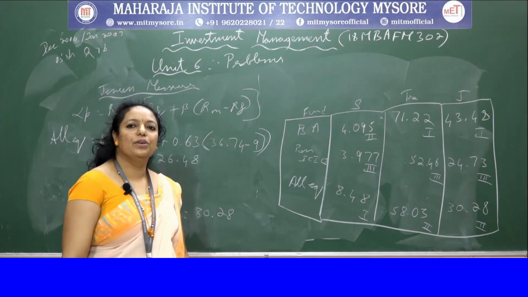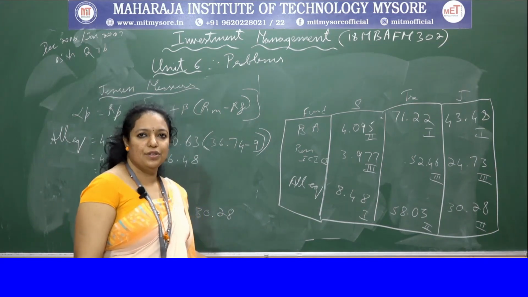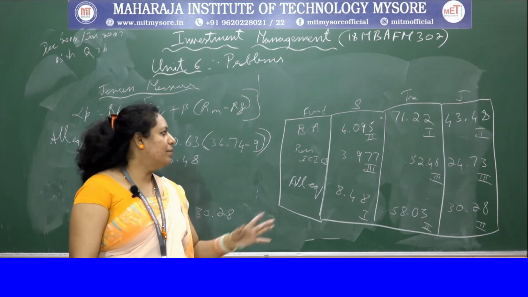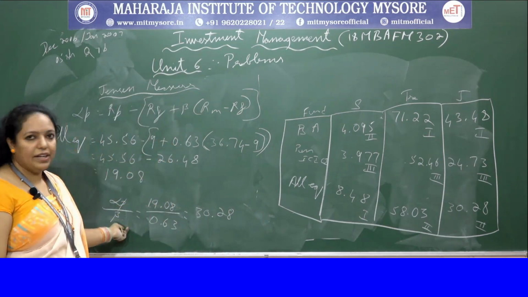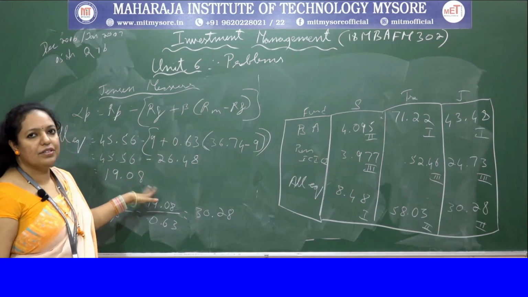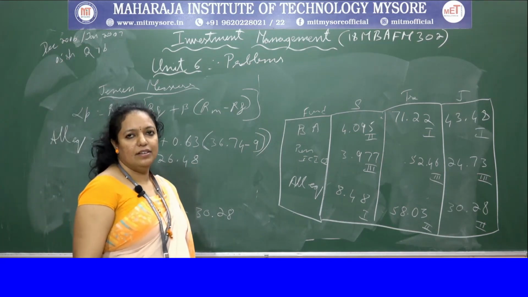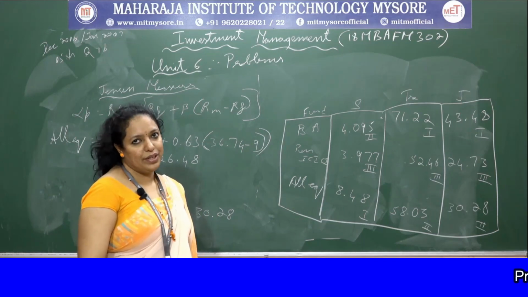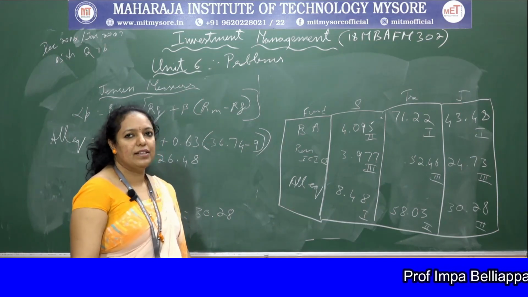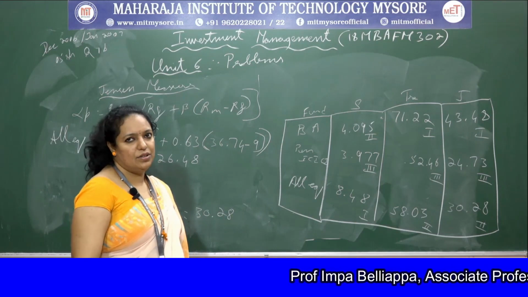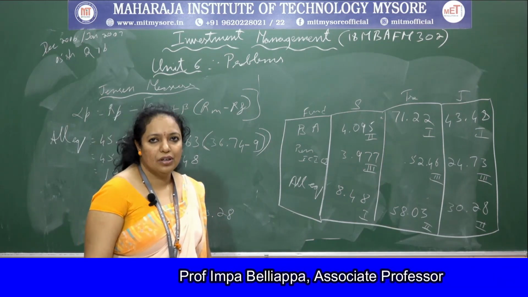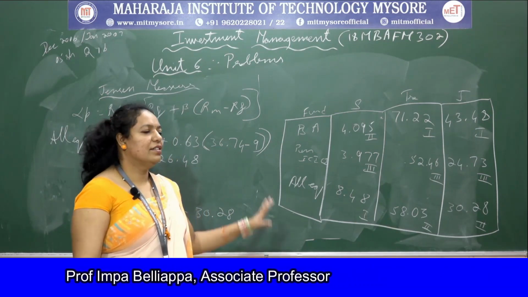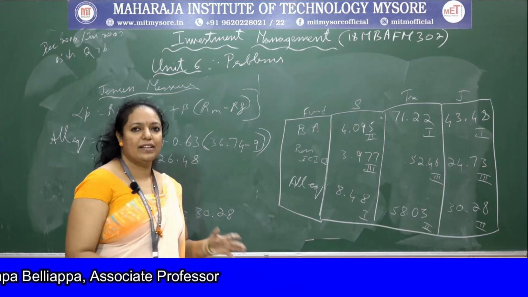Okay, so hopefully you have understood the problems in this unit. Only if they ask predictive ability, we need to do this alpha divided by beta, or else we can write the results of Jensen's directly. Because they have asked the management's ability to predict, that's the reason we have done this, or else you can do Jensen and stop. Okay, hope you are clear with the problems. This is a very important problem which will come in the exam.